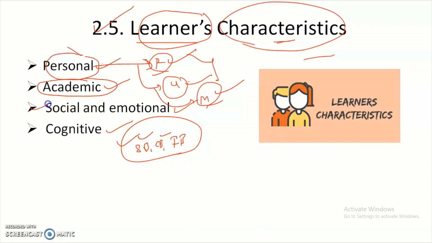Next one is social and emotional. Social and emotional means community. The characteristics of learners will change based upon the social and emotional aspects also. For example, I am giving two simple examples. If in one room 11 students are staying, I'm dividing them as 10 and 1.